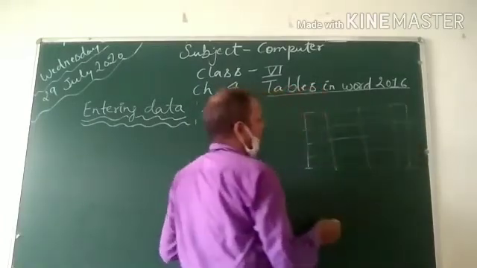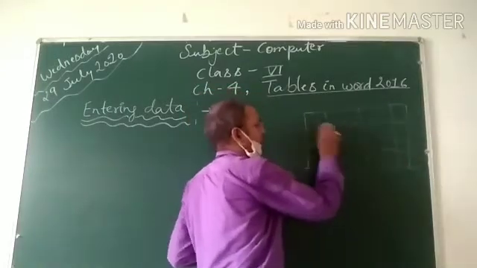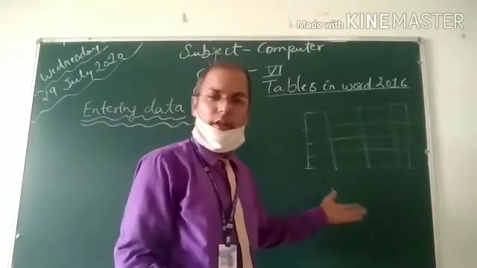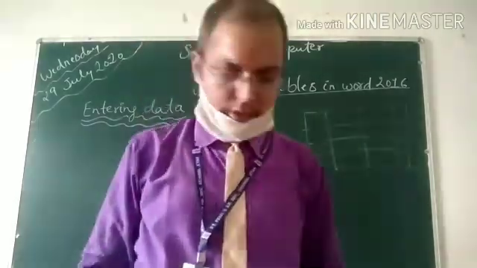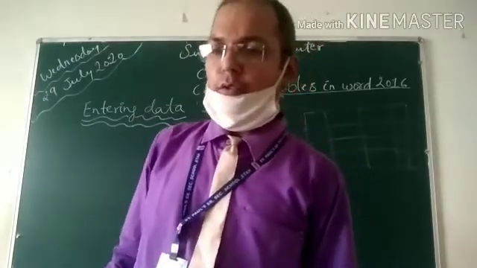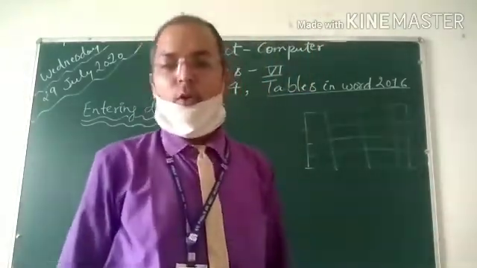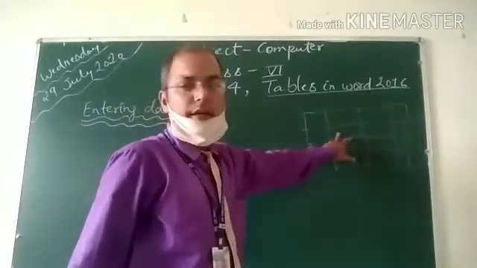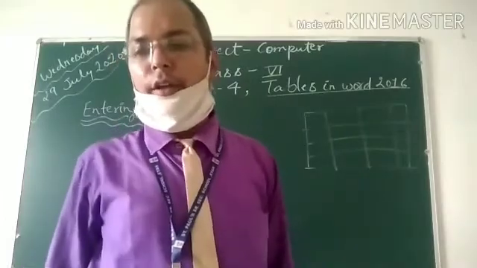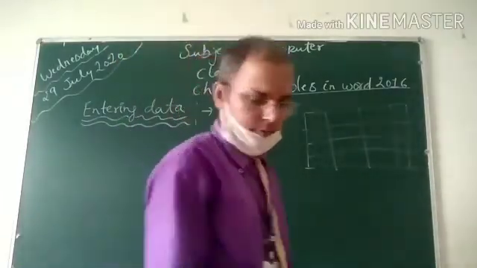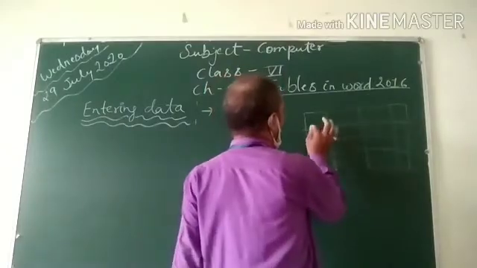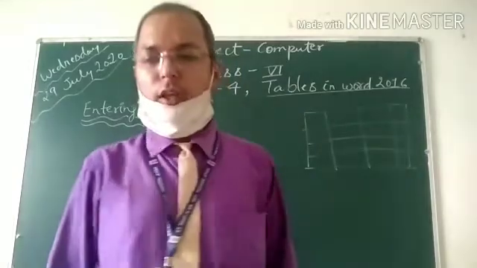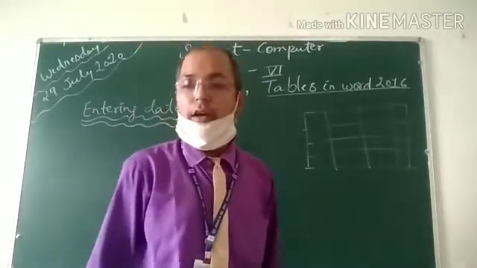To make an entry, first of all you have to select a cell, any cell, not just this one. Then you can start your work. Start entering data by keyboard. To insert data inside a cell, the insertion pointer has to be present inside the cell. The insertion point is the blinking point. So this is figure 4.5, entering data into a table.